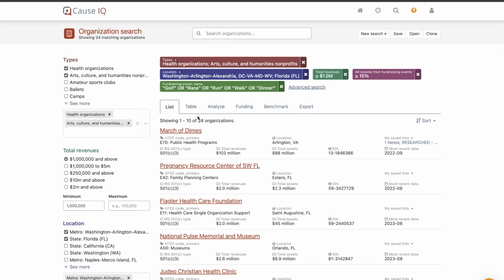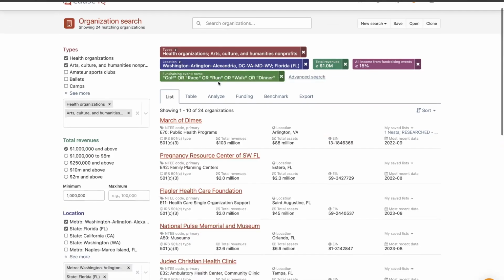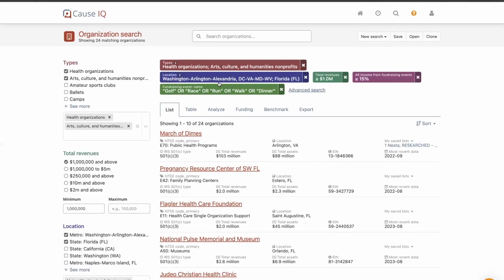So my current search yields 24 organizations. So we've dwindled that down quite a bit from the 2 million that we started off with. You can see all of our filters up top that we've added. I always like to advise customers to save their target searches as well, right? We did a really good job creating this search. Let's go ahead and save it so we can easily access it if we need to come back to it